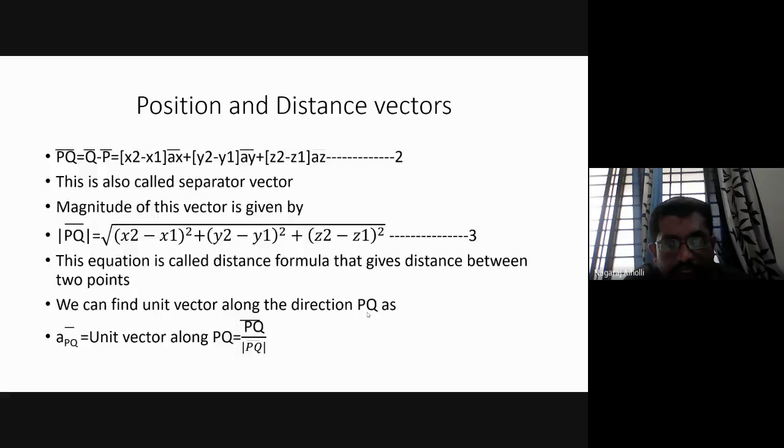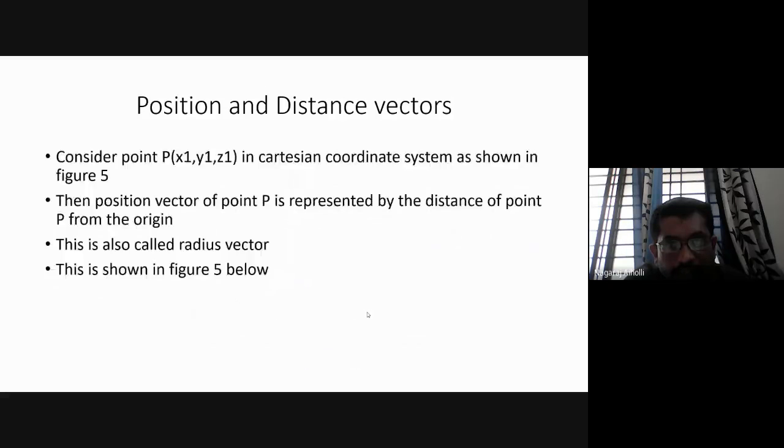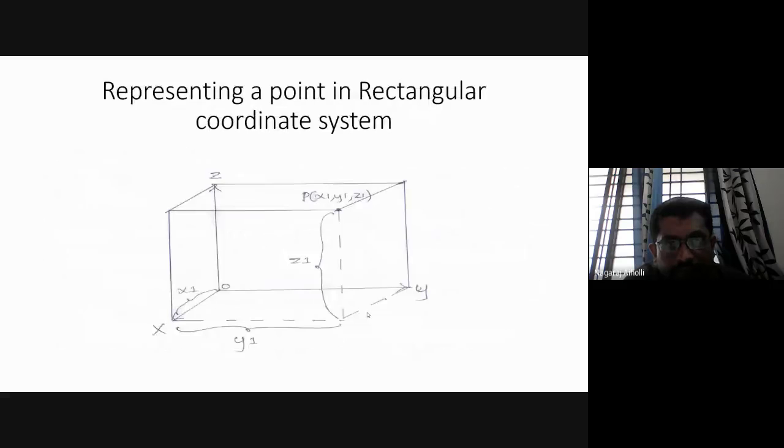So that's all for today's class, students. In the next class, I'll be solving one example on finding the distance vector and the unit vector. Then we'll continue with the remaining topics in the Cartesian coordinate system. In today's class, we discussed the topics starting from the left-handed system,